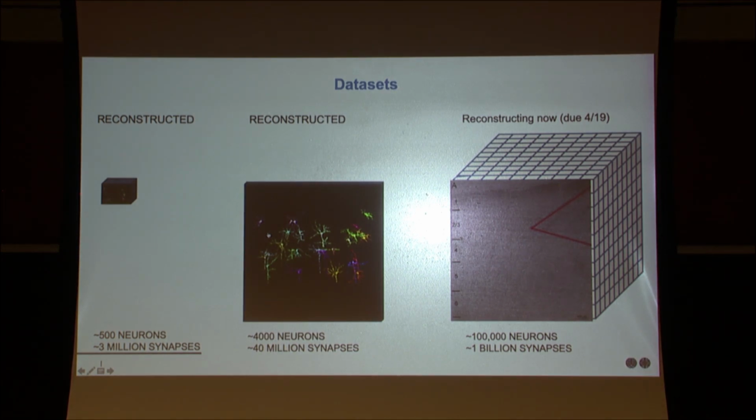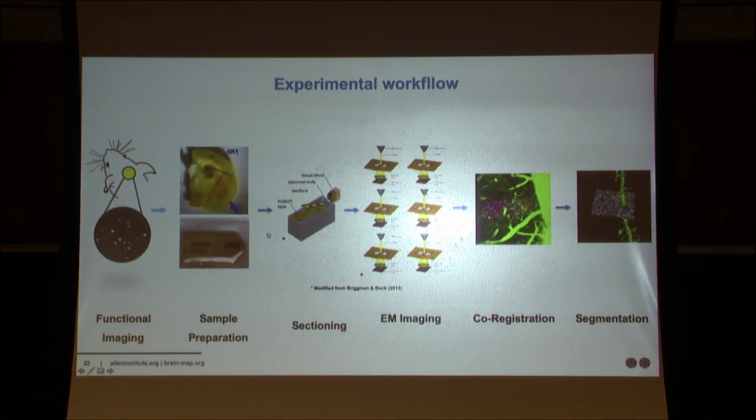So for this project, 3 data sets: one small one, 100 micron scale; one bigger one, 1 millimeter by 1 millimeter, but only 50 microns thick, just to flex our muscles and get used to doing big things. And then the big one, the data set of a cubic millimeter. Very quickly, this is mostly taken from the paper that I assigned, of techniques in the field: electron microscopy and then segmentation, calcium imaging first, functional imaging first.